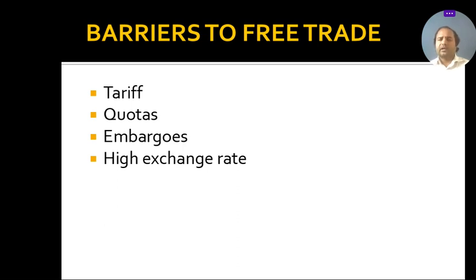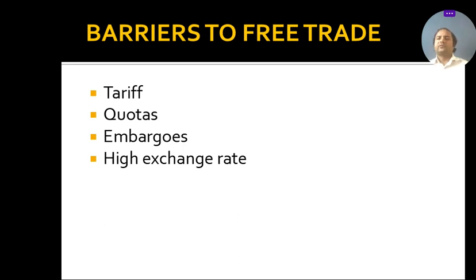The second point is quota. Quota is a physical limitation on the movement of goods from one country to another country or one region to another region. Embargoes are a complete ban, where your country's product is not allowed to be imported into my country due to different reasons. And high exchange rate is used to decrease imports and increase exports. Government has to use this concept, charging a higher value of money for the good when you have to export the good,